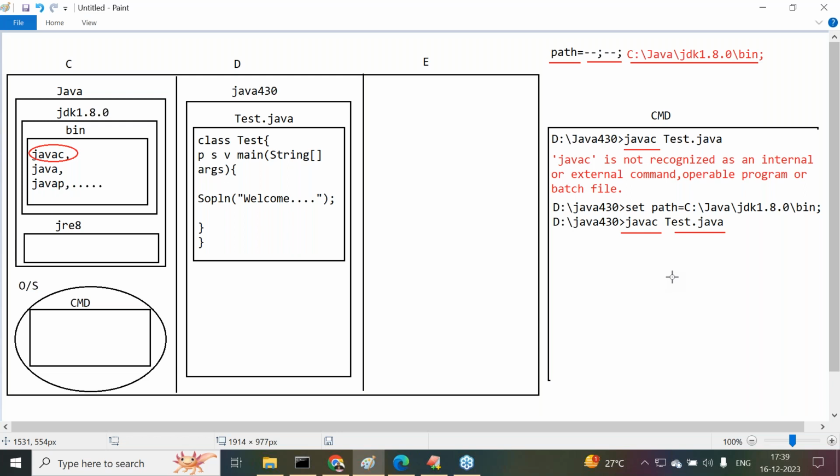Now tell me, from where are we compiling our Java file? Actually, the D colon slash Java 430 location. There the compiler will search for test.java. In the case that a test.java file does not exist in the current location, if it is not available at the current location,